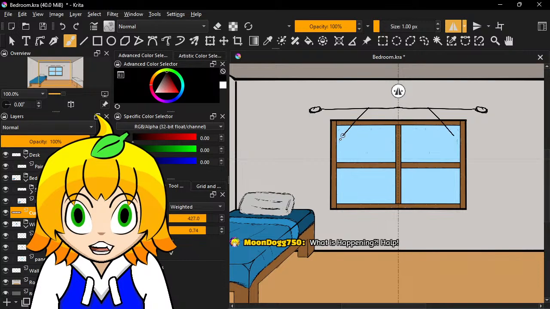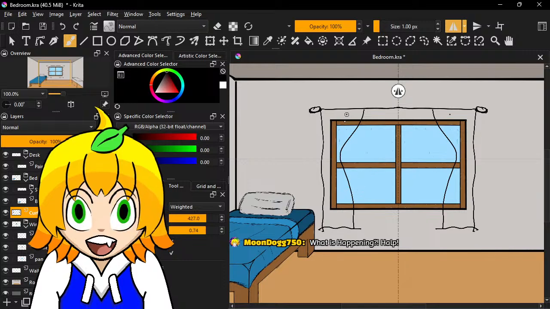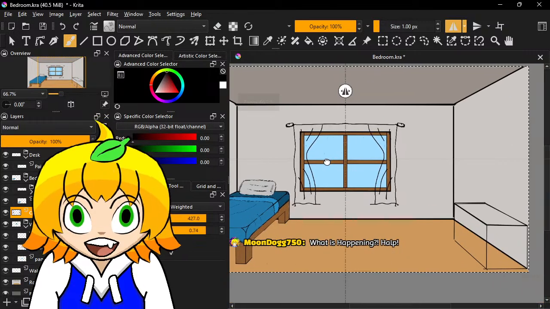Like the Coltons are gonna be pulled back. They droop. Wiggle, wiggle, wiggle. My sensitivity's all messed up because I have two monitors open and it's trying to shoot across over there. But I want to put that there.